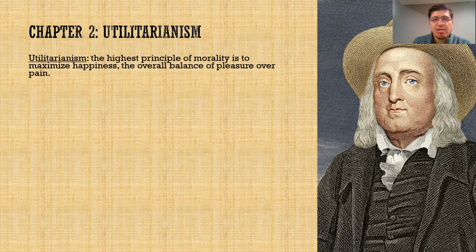So what makes an action the right action? Well, that it maximizes happiness, happiness defined in terms of pleasure and pain. And what makes a policy good, a just policy? Well, that it maximizes happiness. What makes a society good? That it maximizes happiness. What makes a good moral agent? That they maximize happiness. So every moral question can be answered in slightly different ways, but by the same basic principle. And Bentham thought that was very illuminating, very enlightening.